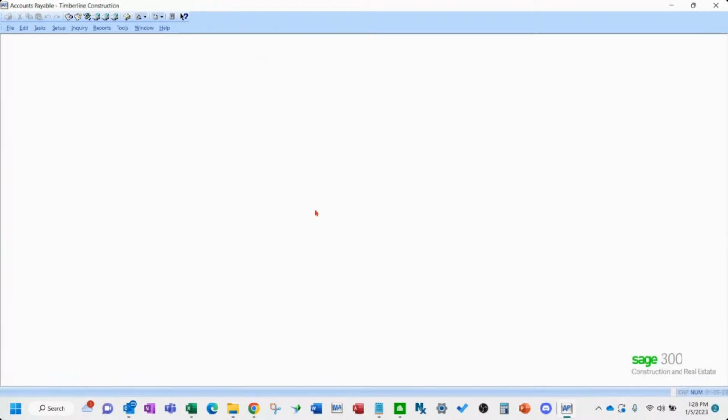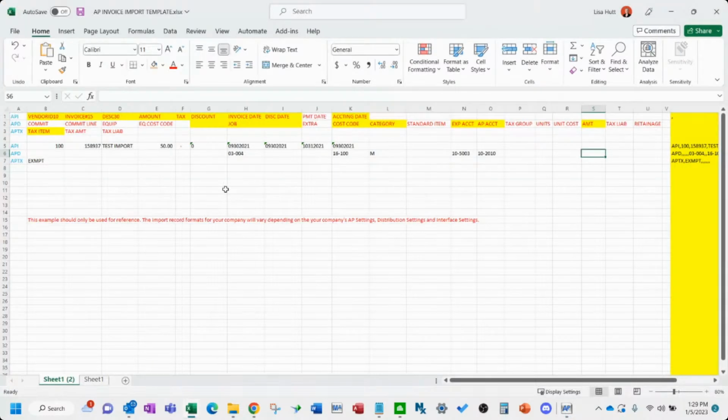The only other thing I would comment on is the tax groups on here. I do believe you need to have tax groups on here, even if you don't use tax. I will post a comment to clarify that and the message I ran into here. It is strange if you don't use taxes, but I believe, and I'll clarify in the comments, you still do need to have that on this file.